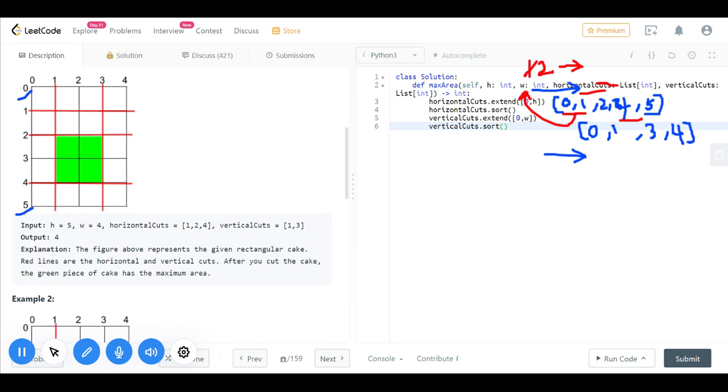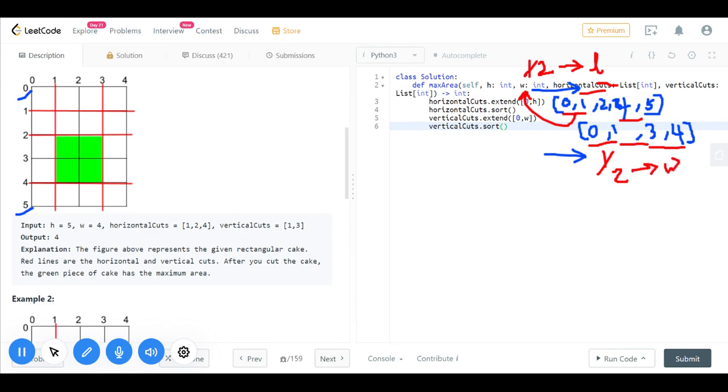And similarly, we'll be looping through the vertical cuts list as well. Okay. We'll be getting initially 1 for these two things, and after that, it will be incremented by 1 because of this. It will be replaced by this 2. Okay. So after that, anyhow it is 1, right? So there is no change in this value. So this is how we'll be getting maximum length and maximum width.